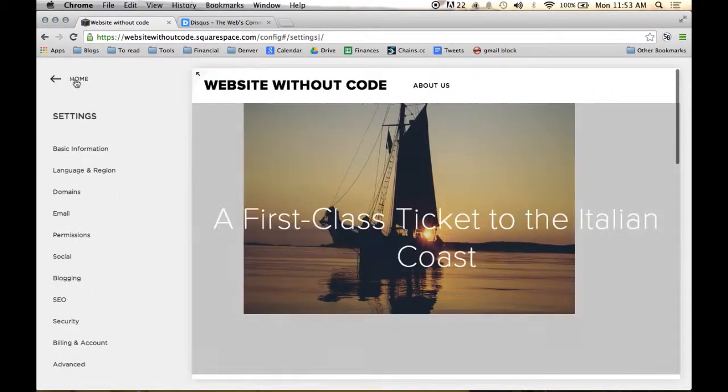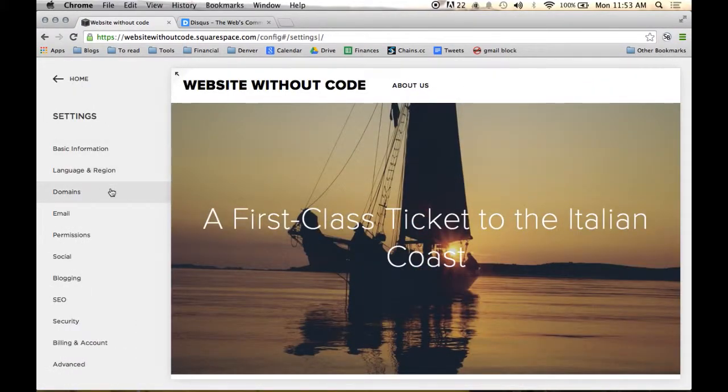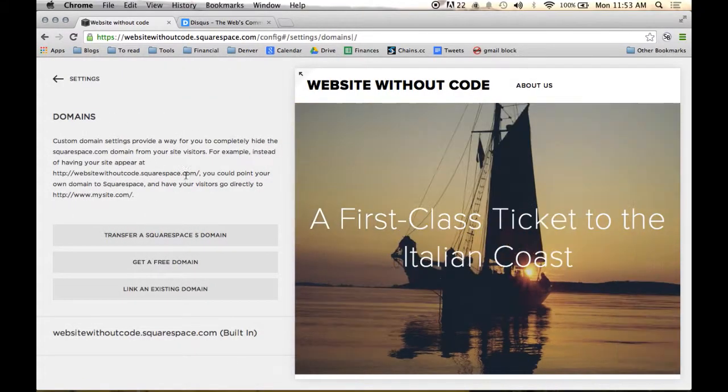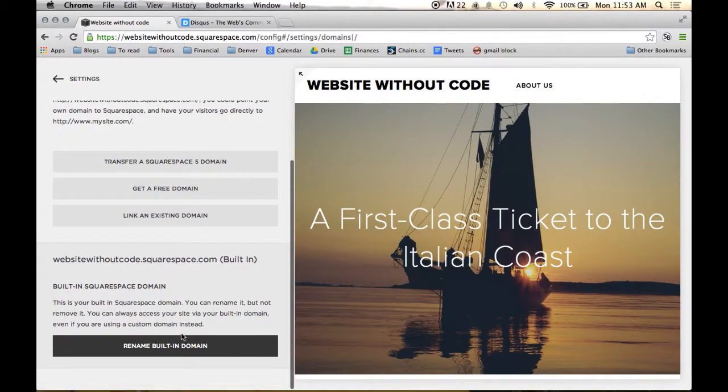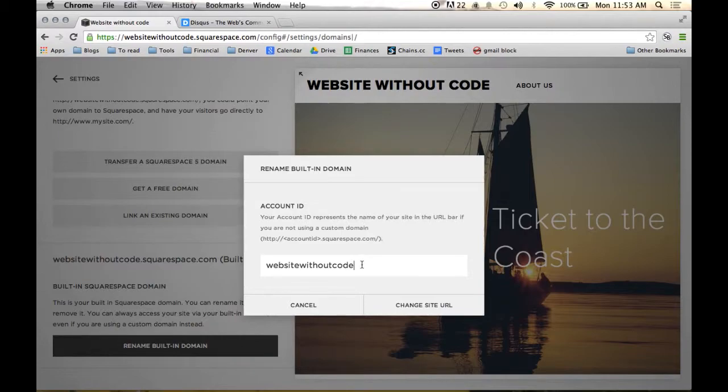I'm going to go back to settings, and we're going to go onward. So we're going to click next on domains. This is where we're actually going to work with our domains. Domain being websitewithoutcode.squarespace.com. If I wanted to, I could click on this, and I could rename it to website without code 2, and I could change the site URL. I'm not going to really do that because I don't really need to right now,